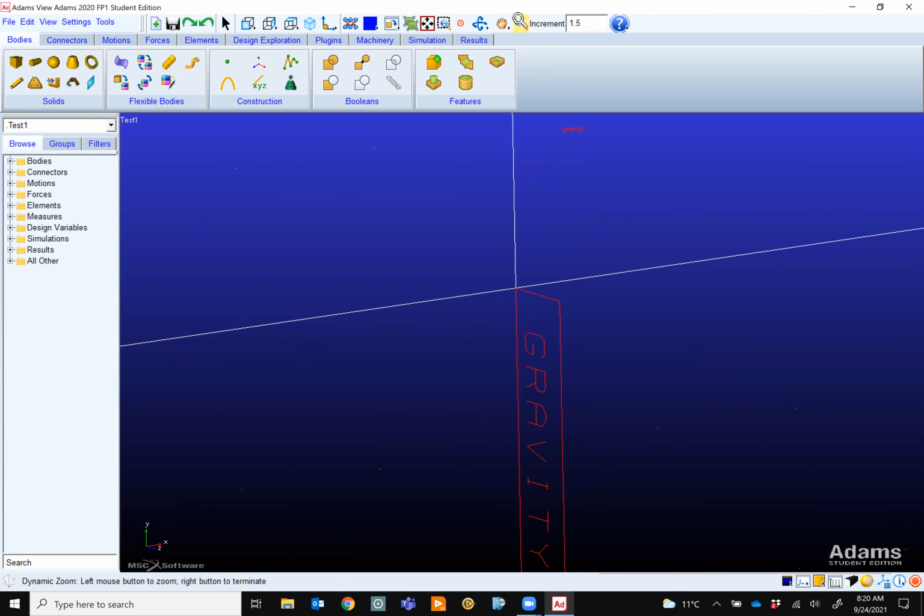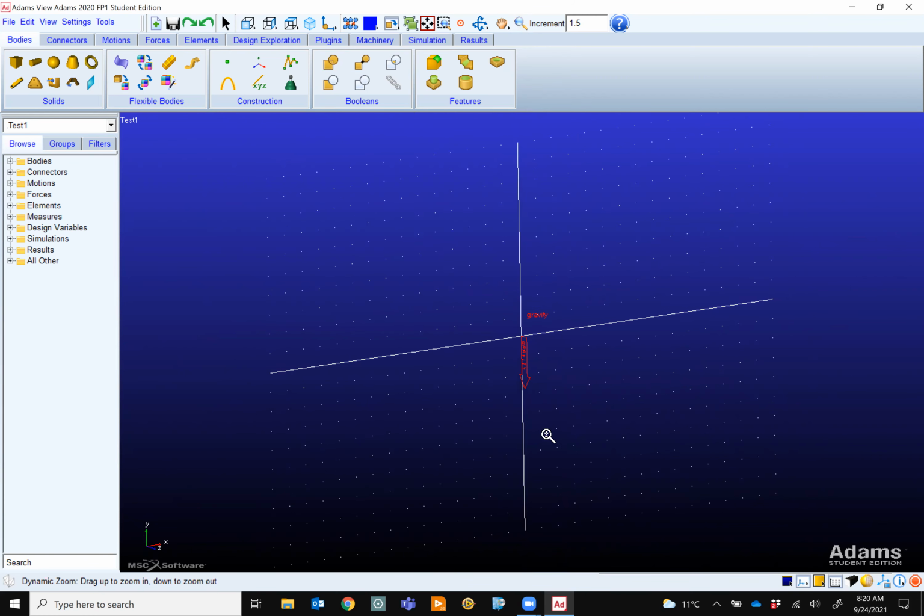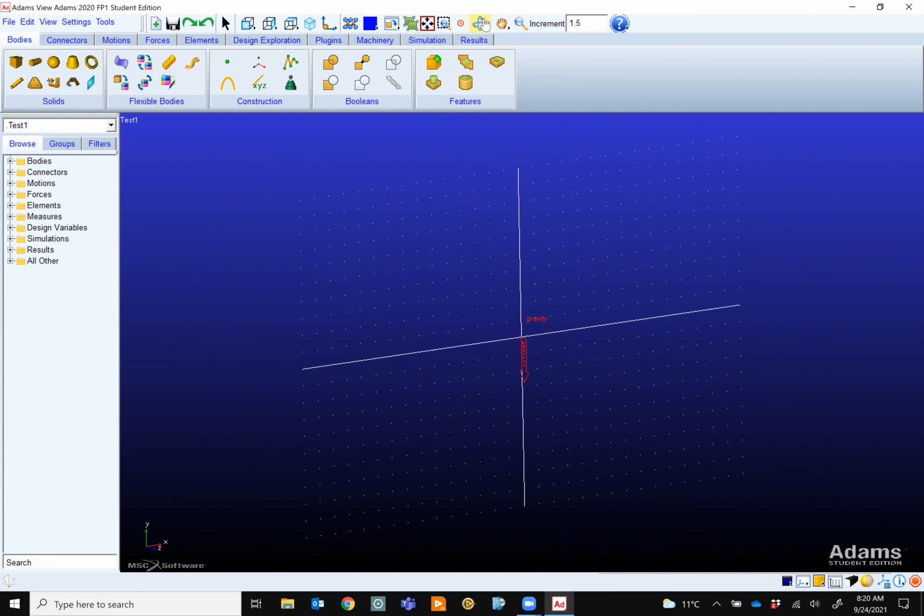When you click on one icon, I click, it doesn't do anything for me. Look at the mouse here, right? I move the mouse, but it doesn't do anything until I press the right key and I hold it. Now it does the zoom, okay? So the same with rotation. I click on rotation, I come here, see if I move my mouse, nothing.